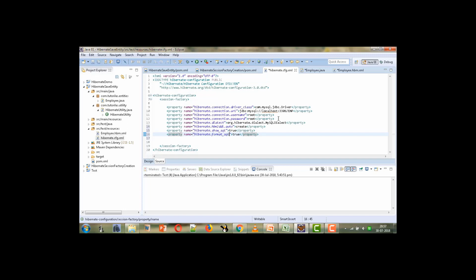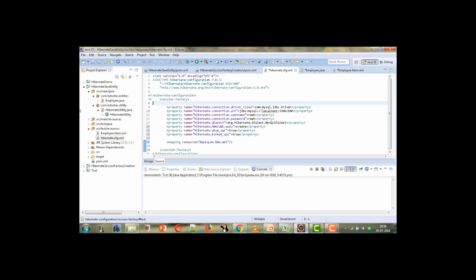And the next tag that we have to give over here is the mapping tag, in which we will give the attribute resource, and here we will give the name of our hbm.xml file. So here we will give the employee.hbm.xml file.